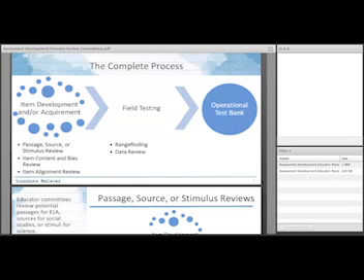The next stage in the process is field testing, where we'll have what are called range finding committees, and these are my favorite, I'm not gonna lie. And then we also have the data review committees. Now, data review can sound a little overwhelming. You do not need to be a strong math-minded person to be of value in a committee like this. And I'll talk about the type of things that data review committees look at. And then once an item goes through the development process, the field testing process, and all these committees, if it makes it through all of that, it ends up in our operational test bank.